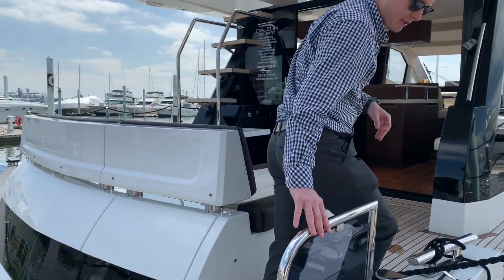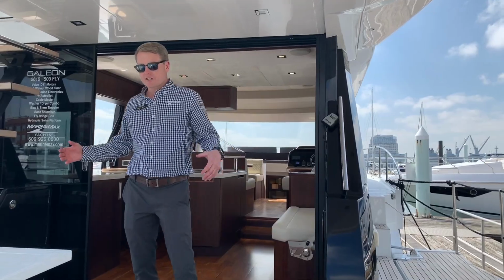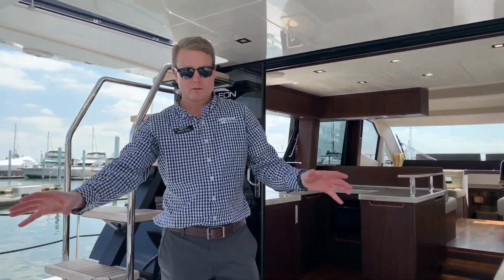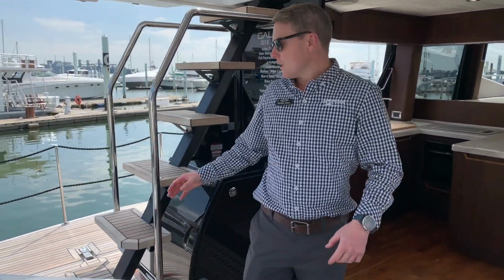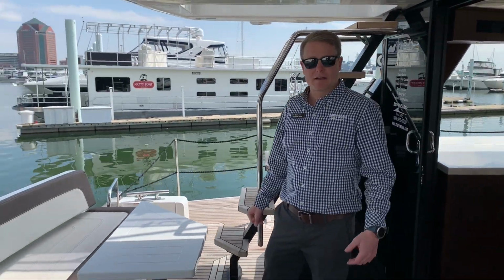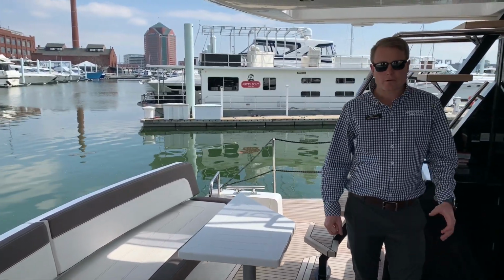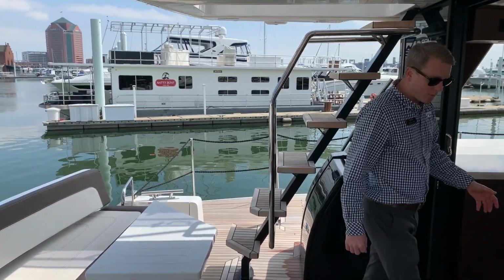Take our couple of steps into the cockpit. Large, expansive, nice table, little L-shaped seating area. As you can tell, we have the balconies folded down. Gives you really that space that a 70-foot boat would have packaged into this 50-footer. Great boat for entertaining. As we move into the galley,